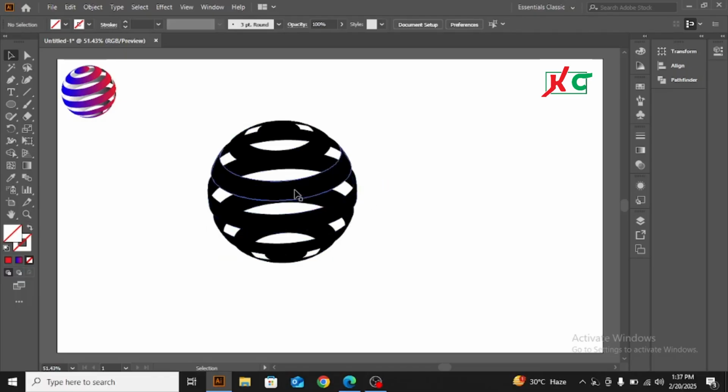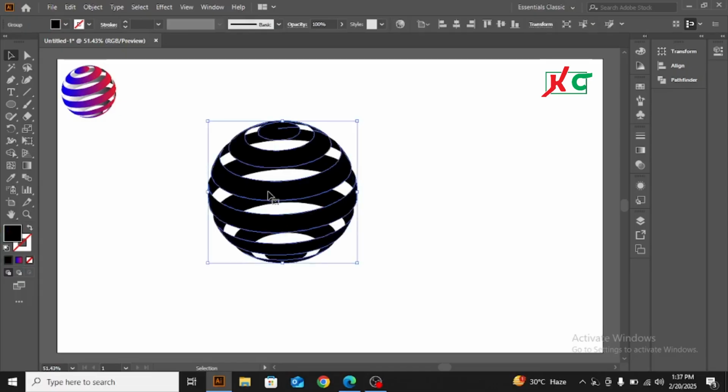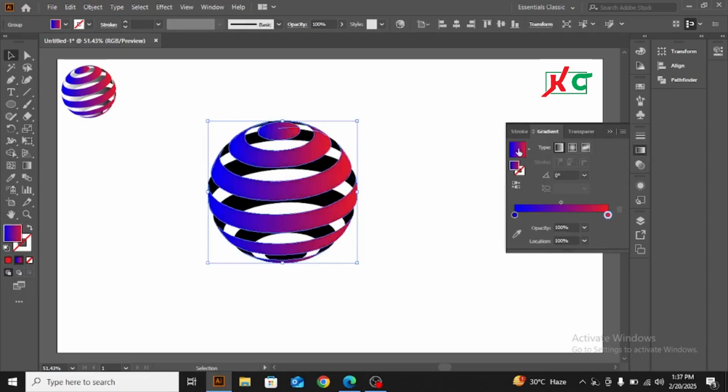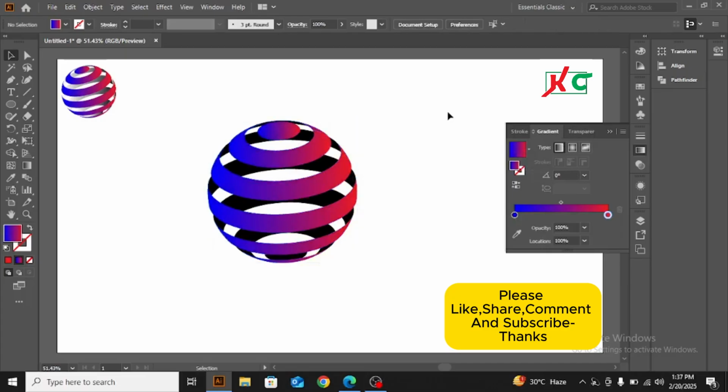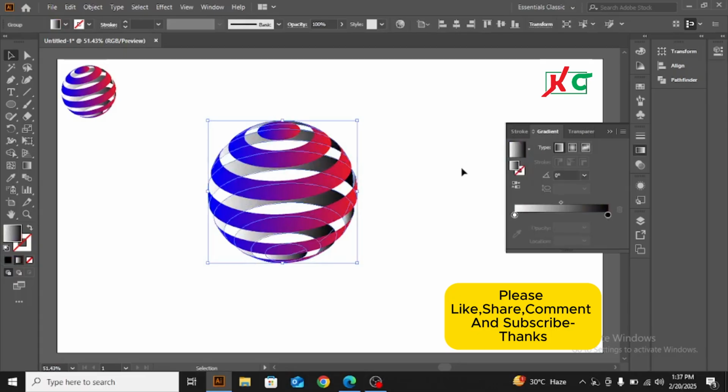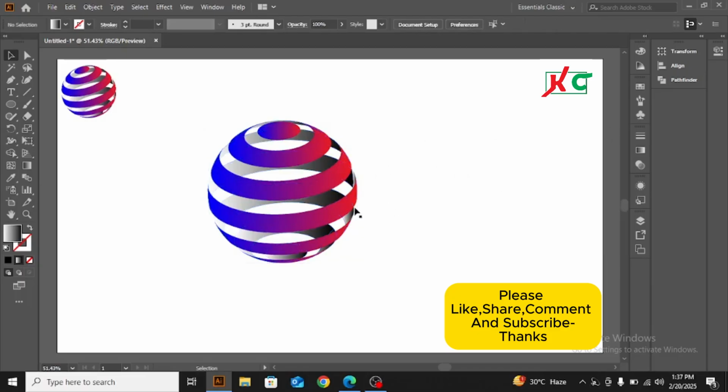Okay, so I need to select this one and go to change the color over here. Then select that. See, and go over here like that, and I needed to change the color. Okay, see, no change between that one. So I think we need to